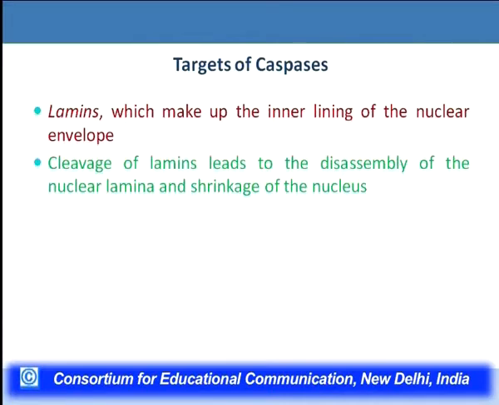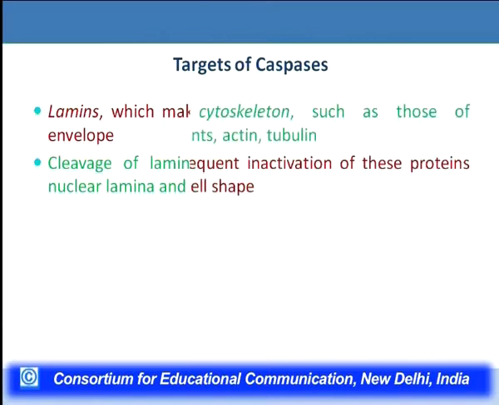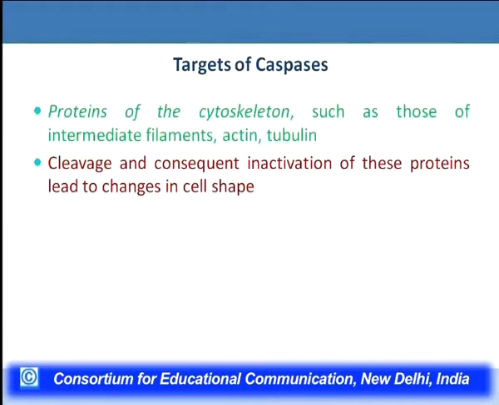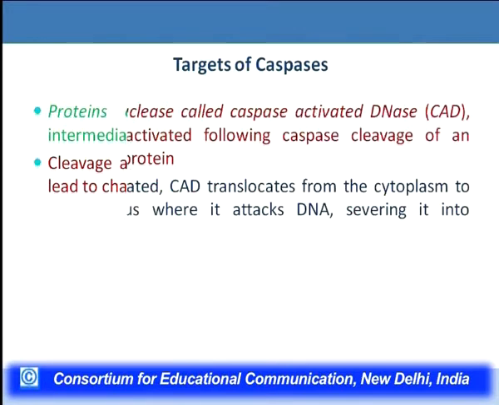Now, there are various targets apart from the kinases I have mentioned earlier. There are lamins, which make up the inner lining of the nuclear membrane, and once the lamins are degraded by the activity of caspase, it will lead to cleavage of lamins, which will lead to disassembly of the nuclear lamina and shrinkage of the nucleus. Then there are cytoskeleton proteins like intermediate filaments, actin and tubulin, which can be acted upon by the caspases, and their cleavage and inactivation will lead to a change in cell shape, which is a required step for